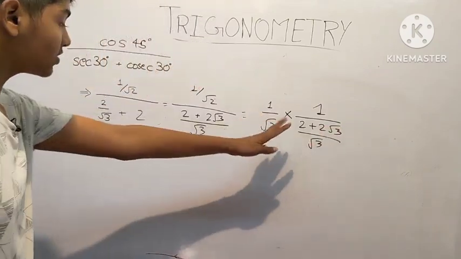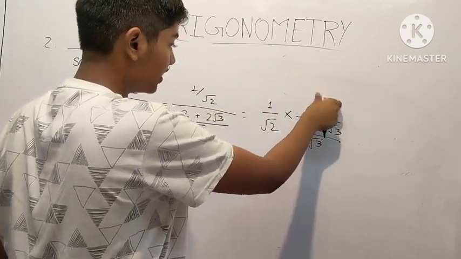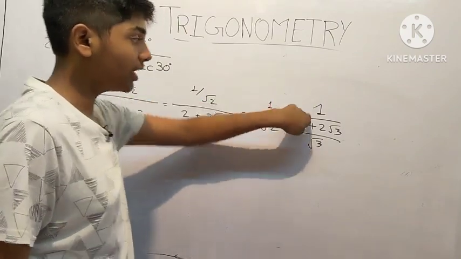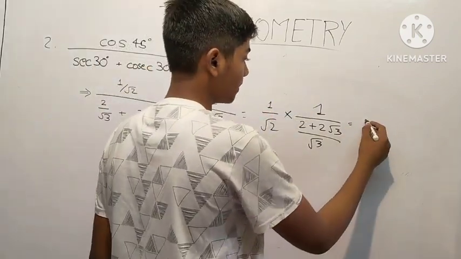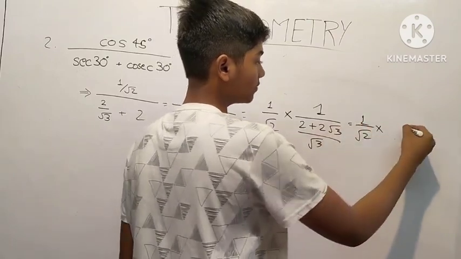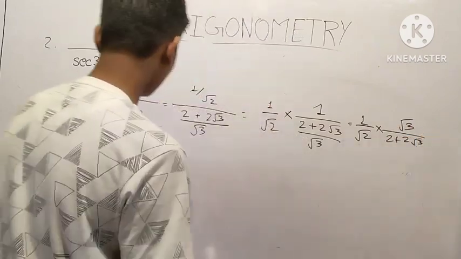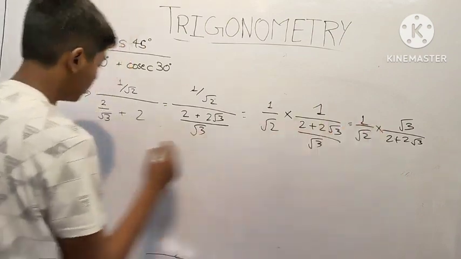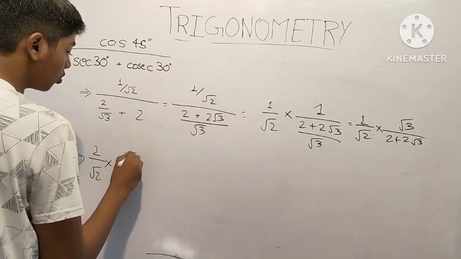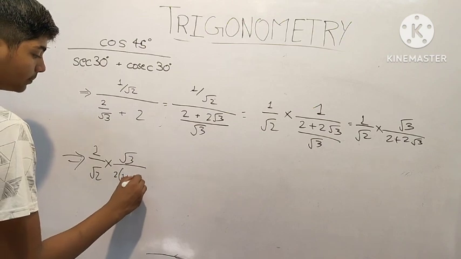We can write it like this as well. We took this 1 upon root 2 and instead of putting it on the numerator, we just multiplied it by this entire thing. And if we take out the 1 by root 2 completely, here remains 1. So the next thing would be 1 by root 2 into root 3, which is in the denominator, so it goes above. So it will be root 3 upon 2 plus 2 root 3. Now from here, it's still 1 by root 2 multiplied by root 3 upon, taking 2 common, we would get 1 plus root 3.